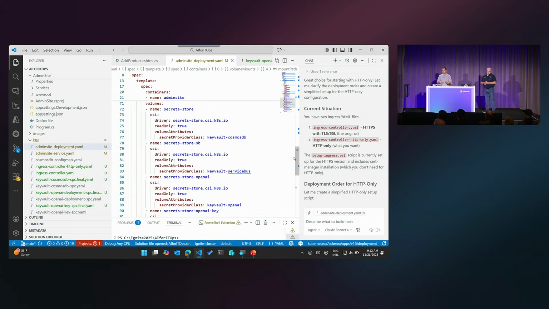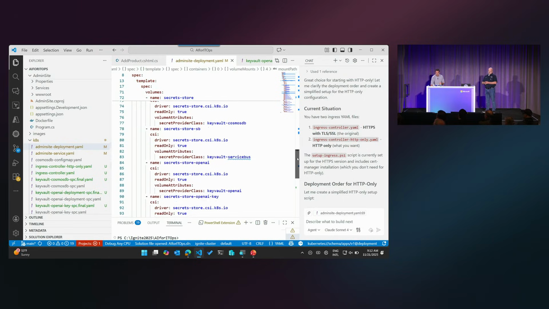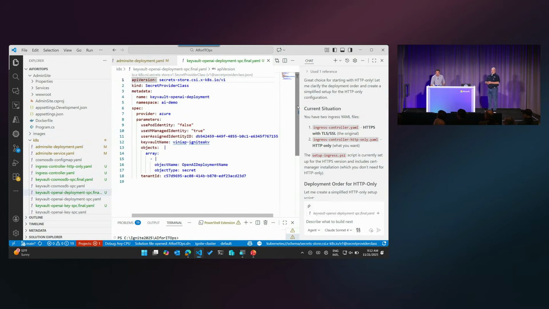The one that we're using here is one that talks directly to Azure Key Vault. So the secret from Azure Key Vault is going to be mounted as a file inside of the container. And the way to talk to that is by using what we call a secret store. So the secret store here is bringing a lot of stuff like the Cosmos DB database, the service bus, and the OpenAI. Now, this comes from another file that I'm going to open here just to show that if you look at the Azure Key Vault, we have the OpenAI deployment name, and there's going to be another one for the HTTP endpoint and for the key.